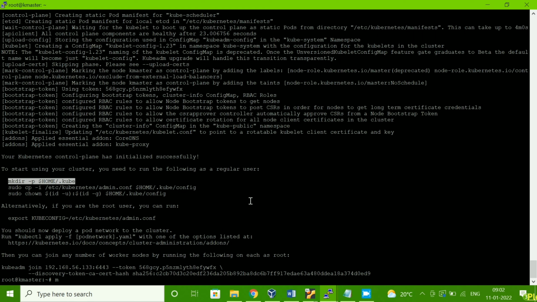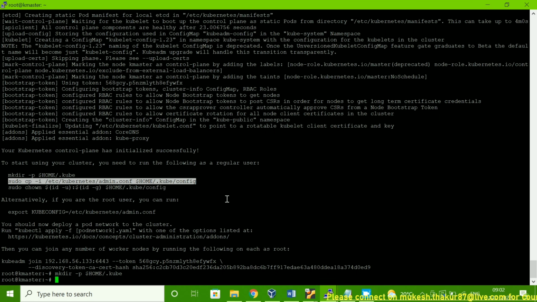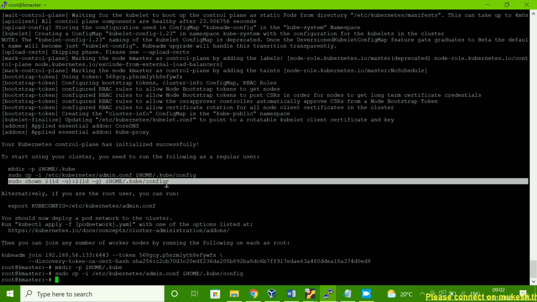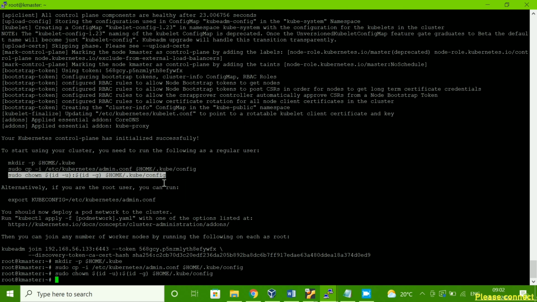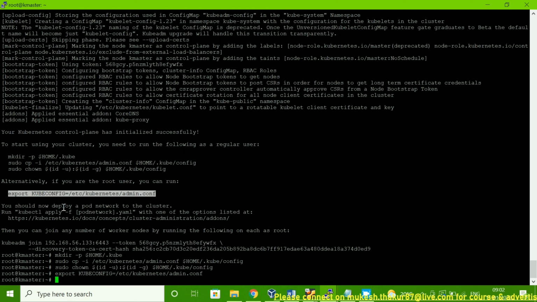Here we have to run this command and this command, and then this command. On the master server you have to run all these commands.